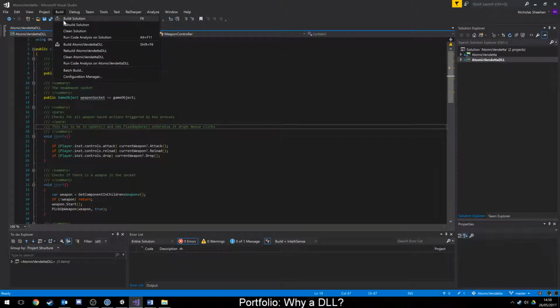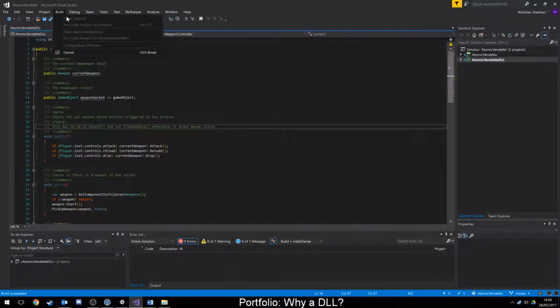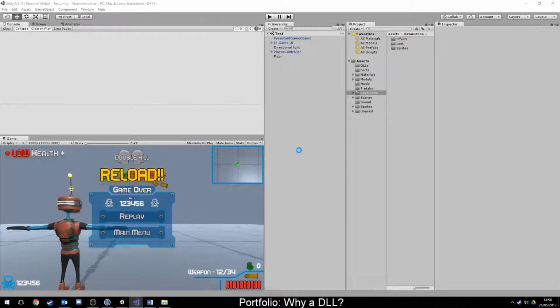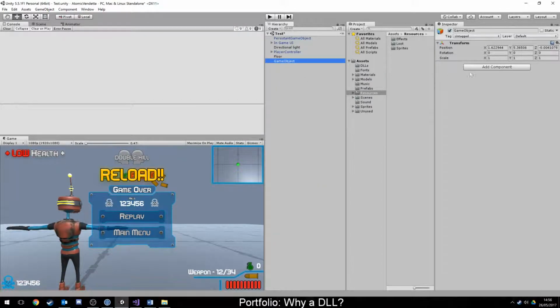hitting build solution. And on the output, this worked. Then it would be imported by Unity, and for just say a test, let's add the player script. See, there's a small little white page icon next to the player. That's just what the default DLL components look like, compared to